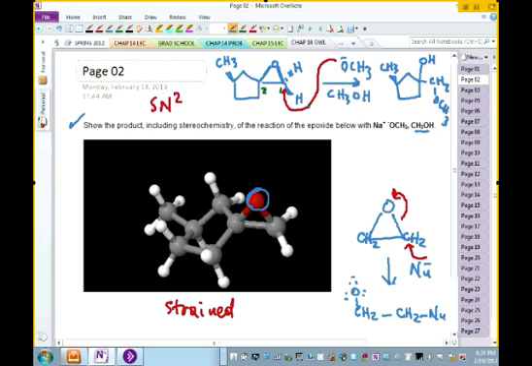So anytime you have a nucleophile and you have an epoxide, the epoxide is a very reactive species, and the nucleophile will react most likely, depending on the rest of the molecule, in an SN2 type reaction, in which the nucleophile will attack the less hindered, the less substituted carbon, and that is what you have in this case. Okay? Go to the next one.